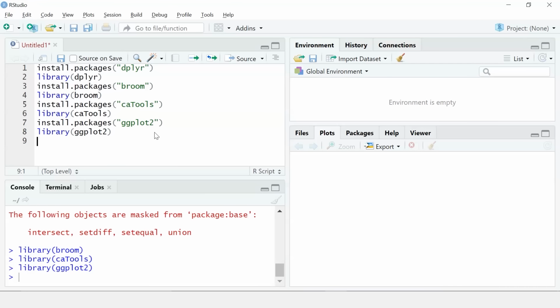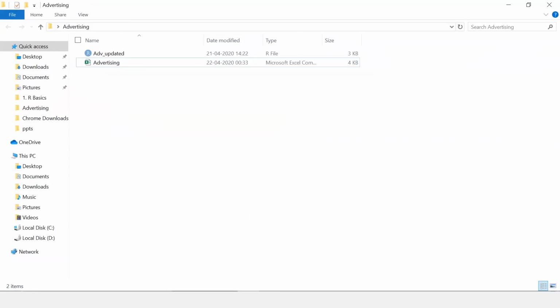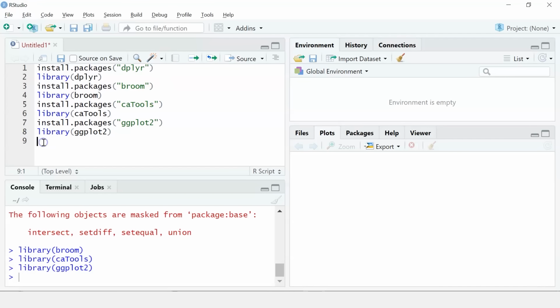For this, I will use the read.csv function and provide the path location where my data is located, followed by the dataset name and the extension. I'll assign the loaded dataset to a variable. Let me now go ahead and show you where my dataset is located. So here is my advertising CSV dataset and this is the location. I'll copy this location. I'll move back to RStudio and let me comment this line, load the dataset.